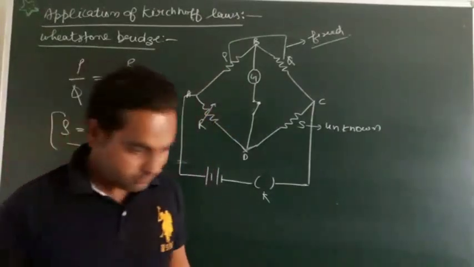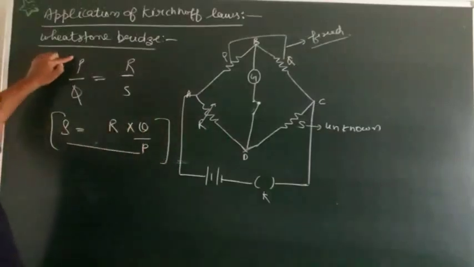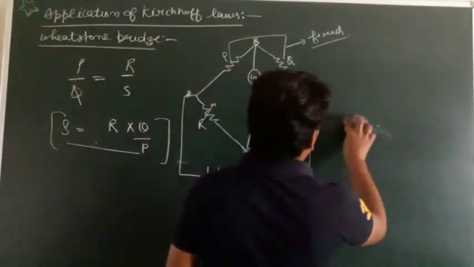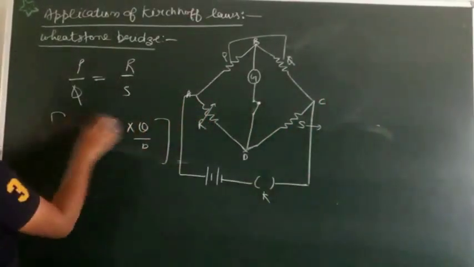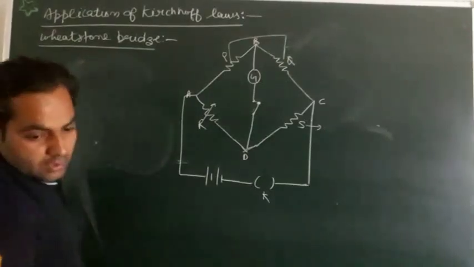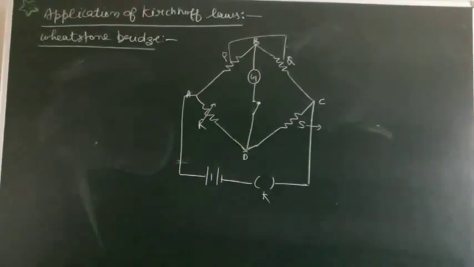Next, we will prove that P by Q is equal to R by S. How will we prove it? We will use the same diagram to prove it. So now, let me say that,